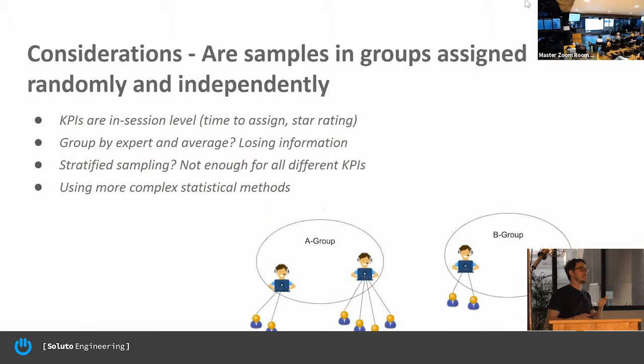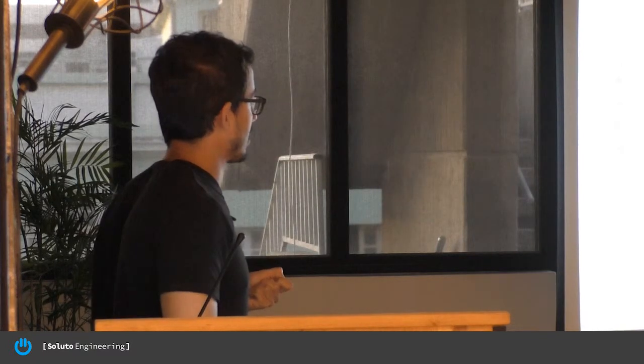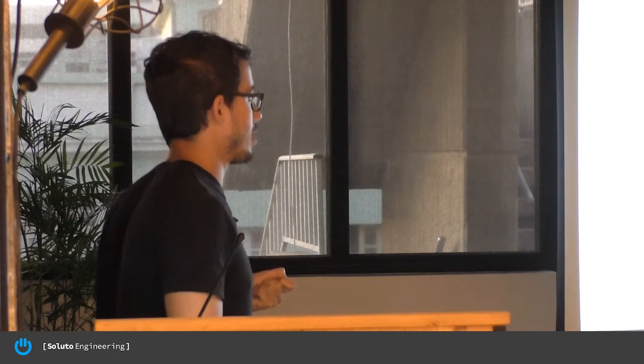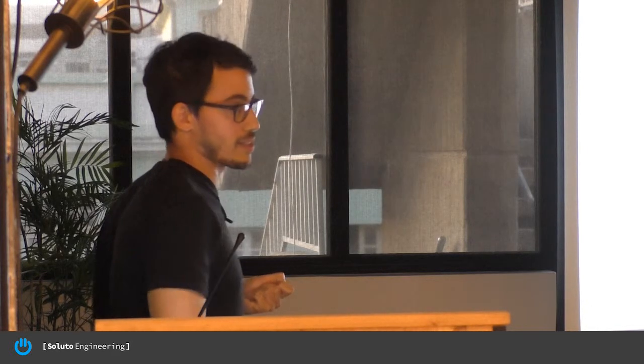And while we know this, all the metrics, all the domain KPIs we talked about are on the session level. We measure the star rating, which is given per session. We are measuring the resolution rate, which is given per session. So all our KPIs are on the session level, while if we introduce a new feature to experts, we are splitting the traffic by the experts. So what we have here is some kind of samples that are not actually independent from each other. All the sessions that belong to the same expert will have some of his properties. So we cannot just think the data is independent.